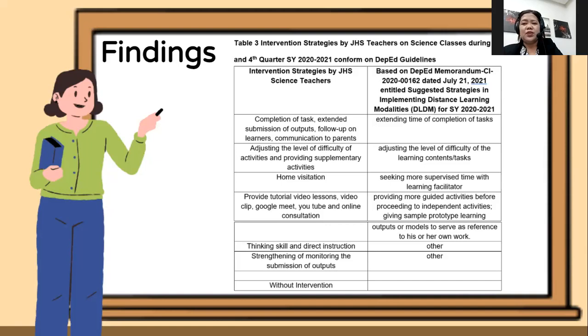2020-00162 dated July 21, 2021, entitled The Suggested Strategies in Implementing Distance Learning Modalities, or the DLDM, for school year 2020 to 2021. Say, for example, we have the completion of the task, extended the submission of the outputs, follow-up on learners, and communication to parents. So that is corresponding to extending time of completion of tasks. Then we also have adjusting the level of difficulty of activities and providing supplementary activities. That is aligned to adjusting the level of difficulty of the learning